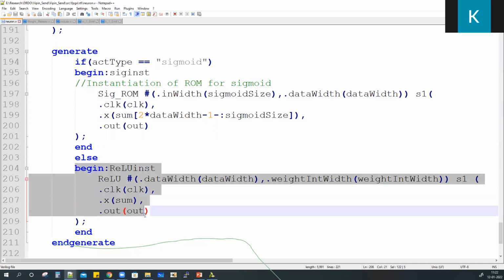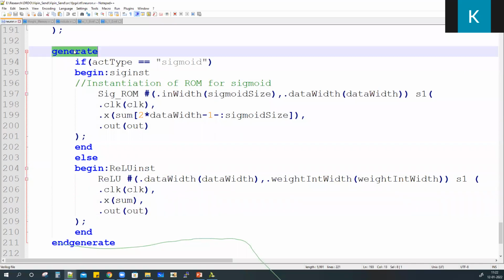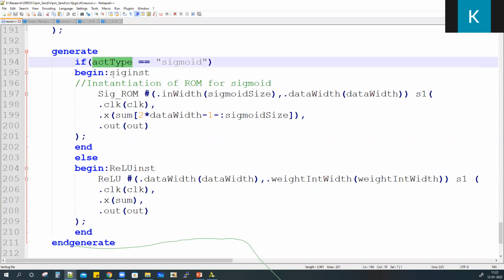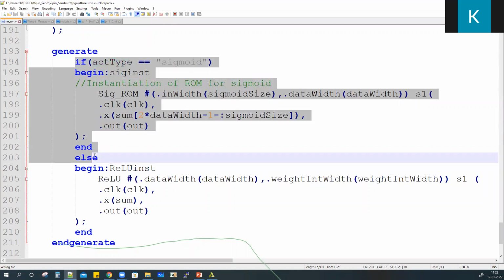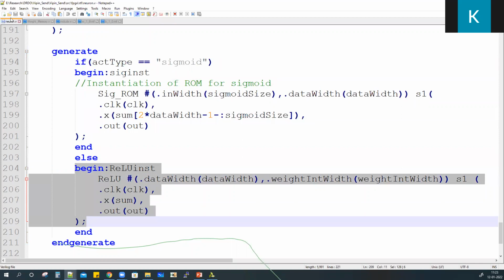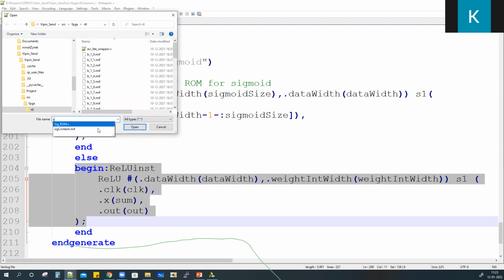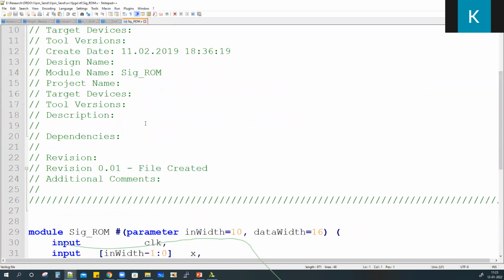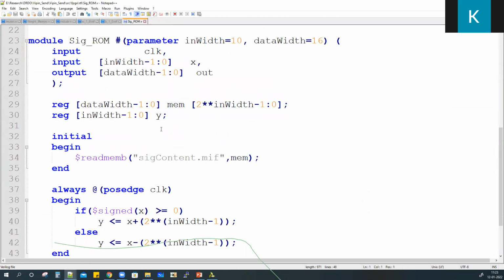This is the ReLU. Now, generate, you might know in Verilog, enables you to selectively instantiate a module. So if activation type is sigmoid, it will instantiate this one. If it is not sigmoid, it will instantiate this one. So for sigmoid, if you see, this is the sigmoid memory.